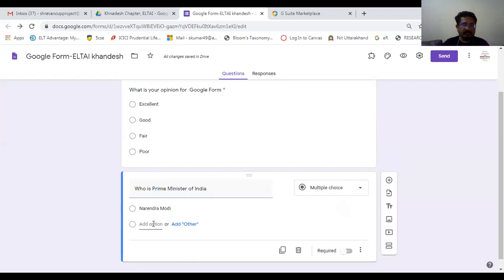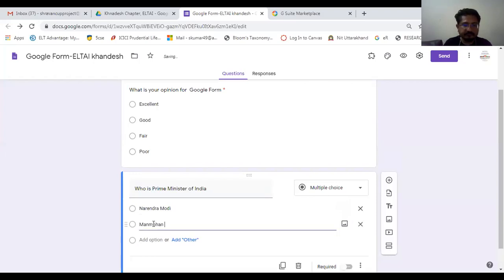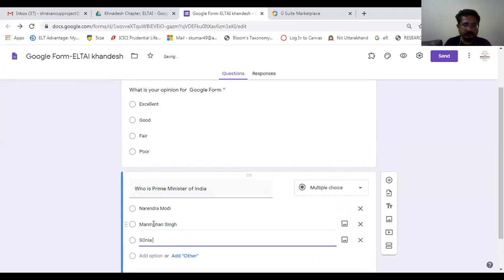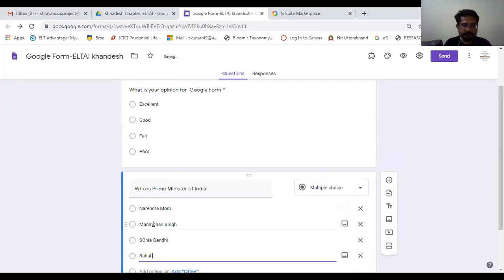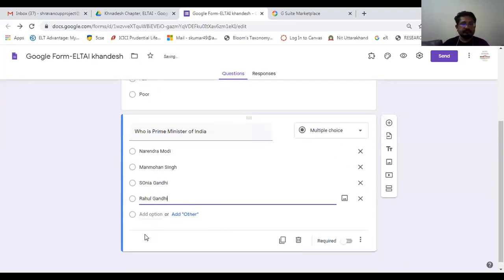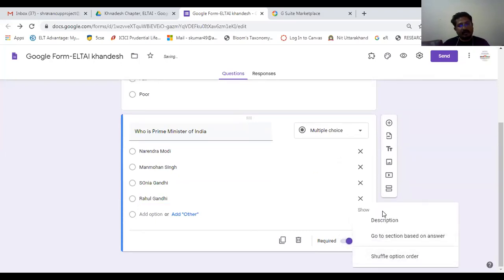Maybe after this it can recognize a few options. Manmohan Singh. And again I'll make it mandatory. And again, I'll not do anything with these three buttons for this particular question.